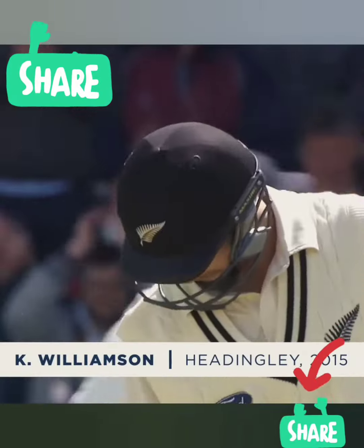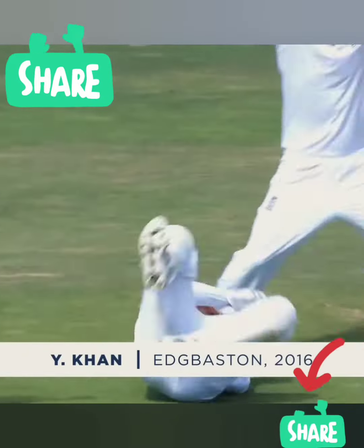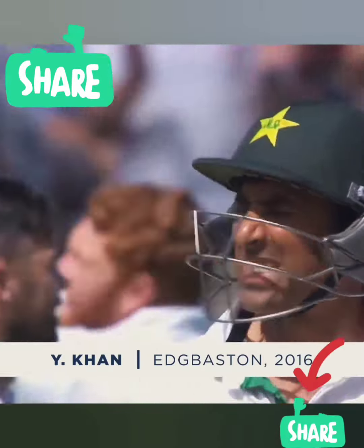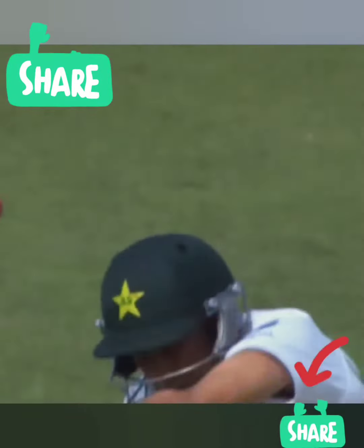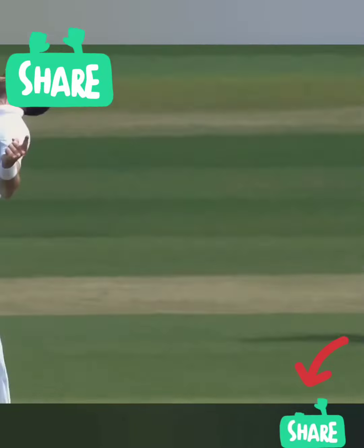And again, got him! Williamson goes for North. Got him! It's a beauty! The reverse swing works for Jimmy Anderson. Excellent bowling from James Anderson. Set up the batsman beautifully with those in-swingers, and this time around